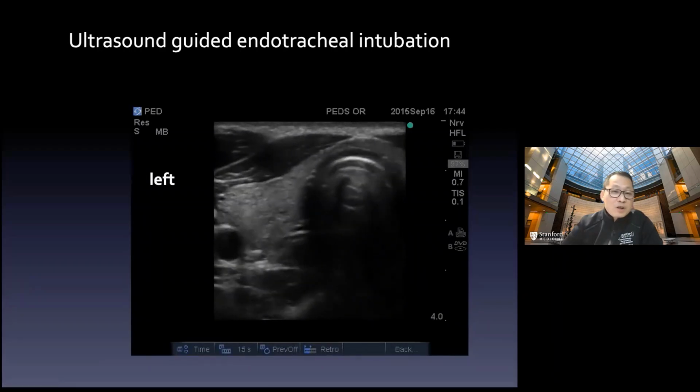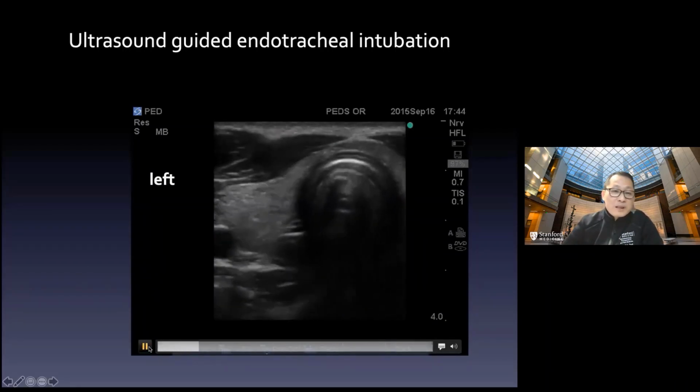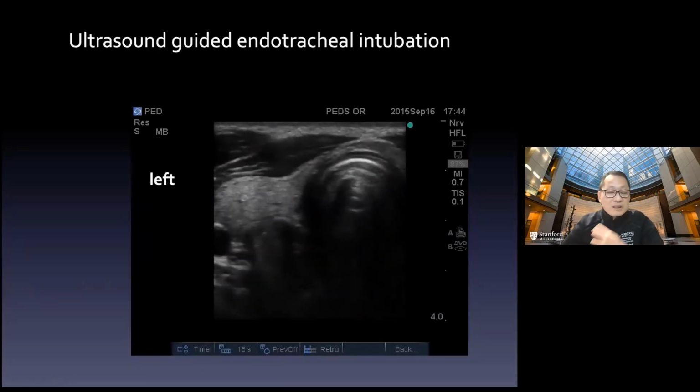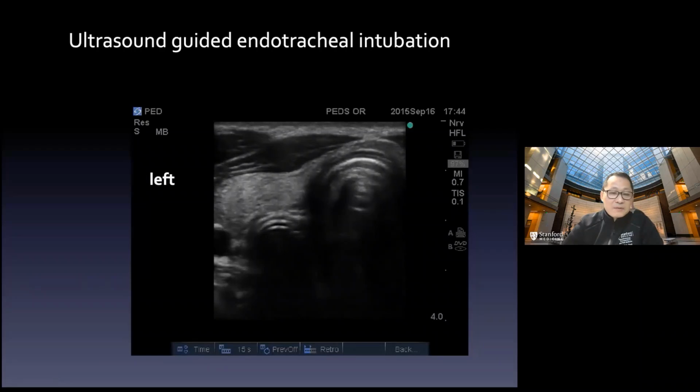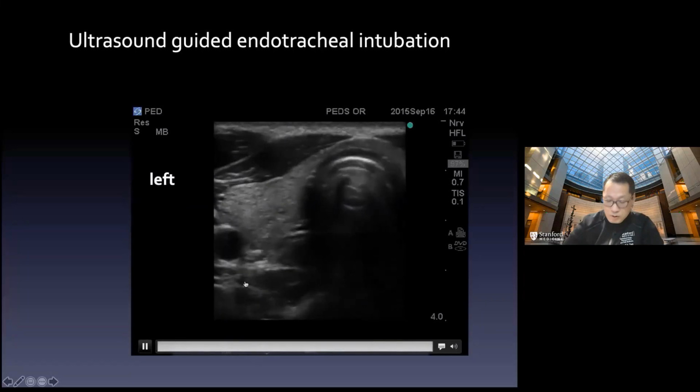In other words, it can tell you when you intubate in the wrong place, you see it one more time here. So basically, when you are training to intubate, you don't have to keep looking at the front. You can just put the probe at the tracheal level. You can see if you go into the wrong place, you see it popping out. So in other words,